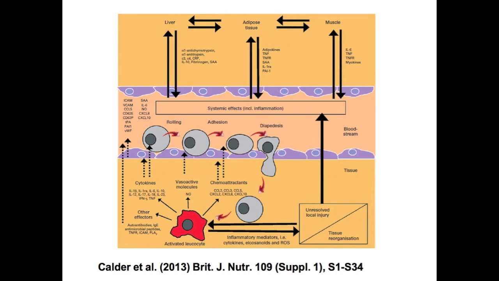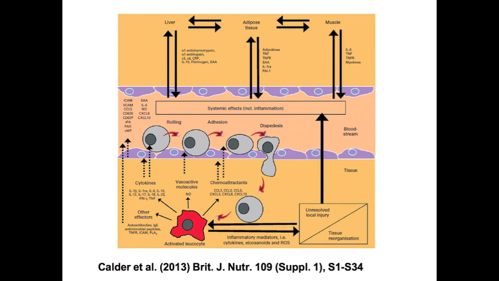Okay? The important thing about this, not just to make it convenient for people like me to measure things, is that once these chemicals are in the bloodstream, they can actually affect other tissues away from where the inflammation is. So some of you may know that people with inflammatory bowel disease suffer bone loss. And one of the reasons they suffer bone loss is that the inflammatory chemicals go from the bloodstream to bone and start increasing the rate of bone turnover.